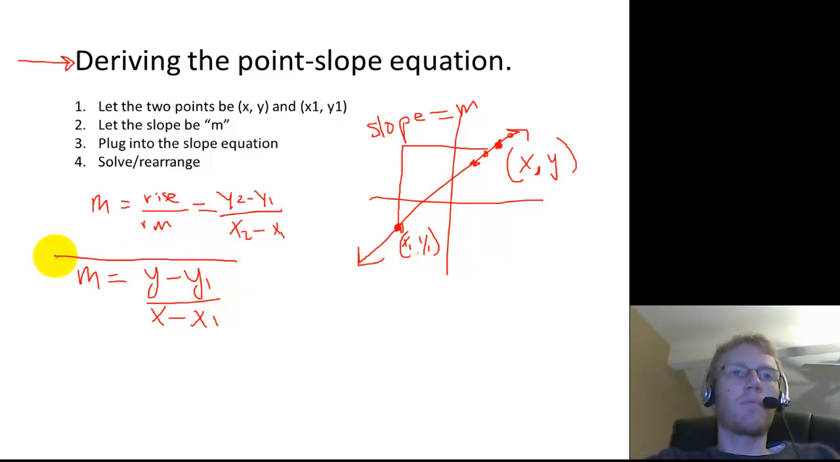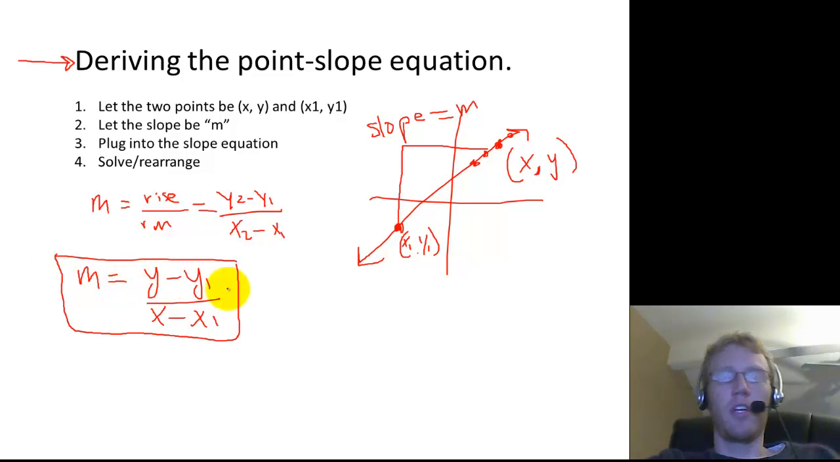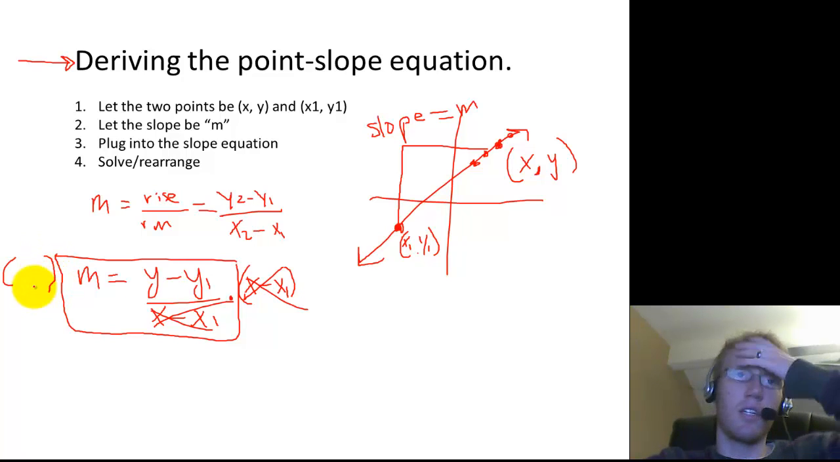And now, this formula technically is true, and there's nothing else we have to do to it, but it's kind of nice to not have a fraction, right? So to get rid of this fraction, I have to multiply by the entire denominator, which is x minus x1, and whatever I do on the right-hand side, I also have to do on the left-hand side. So I multiply by x minus x1 on the right to cancel these out, so I also multiply by x